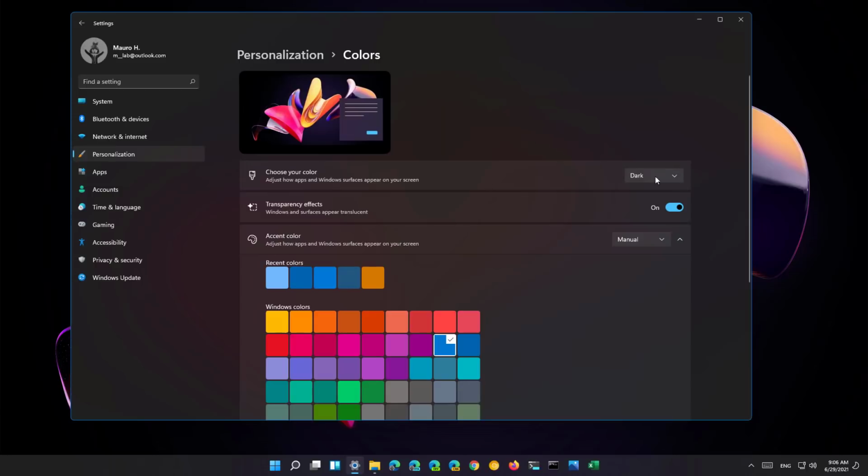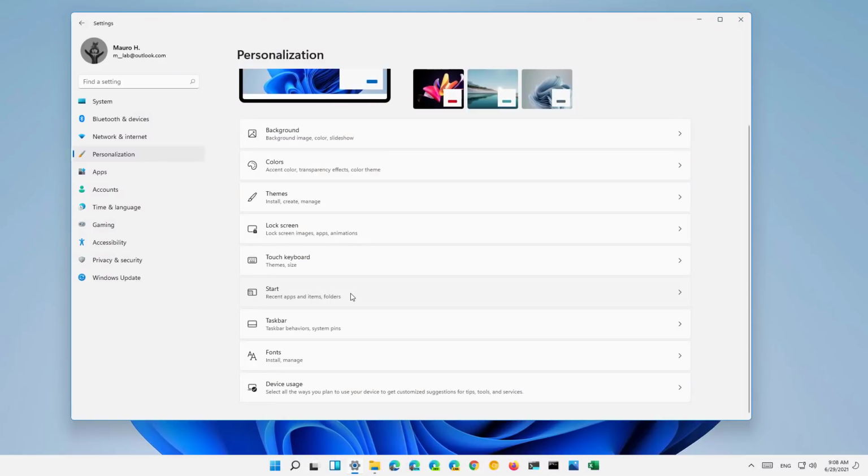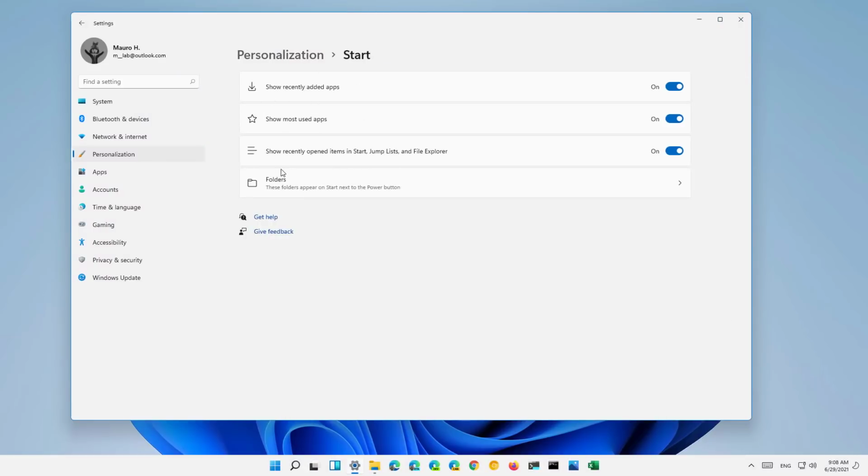And colors, that's where we switch between the light and dark theme on Windows 11. You can change the accent color. You can set it to manual or automatic. You can enable and disable transparency. You can also change the start menu settings. And here, that's where you can decide where to show recent documents, most used apps, enable or disable jump lists,